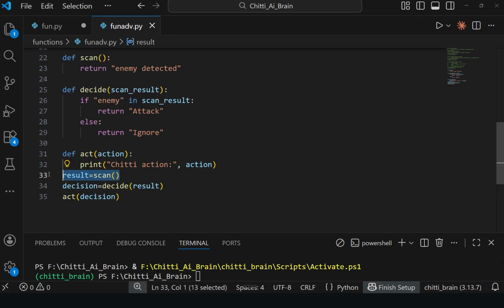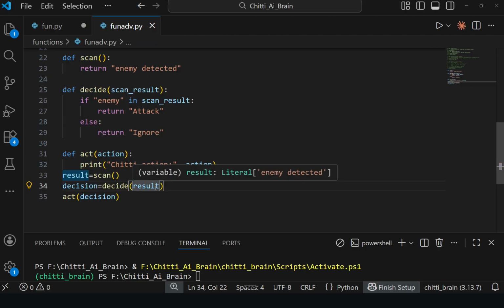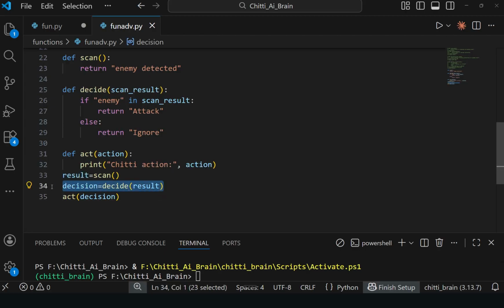The decision we are giving is ignore or attack. Now attack, so attack mode will be activated. And act takes the decision and implements it. Finally the third one will be implemented.